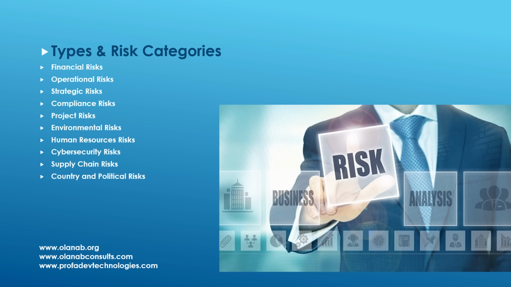Environmental risks. Environmental risks are classified into two: natural risks and climate risks. Now, natural risks are risks arising from natural disasters such as earthquakes, floods, or hurricanes, while climate risks are risks related to climate change and its impact on business operations. The next is